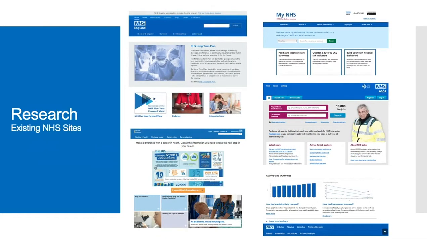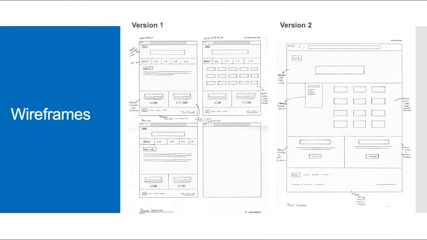Before designing the website, I looked at other NHS websites to see how the content was laid out and styled based off the NHS brand guidelines. The first stage of this project was wireframing the layout. I moved forward with version 2, as the navigation was different to what was on other NHS websites, which will help in making the design of this website stand out more.